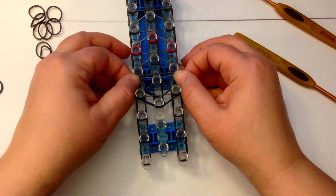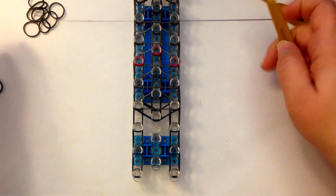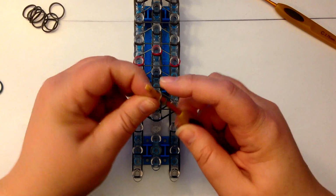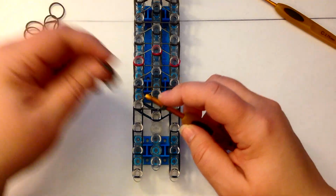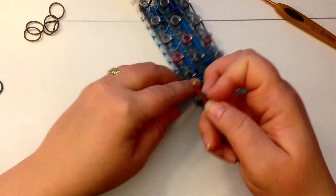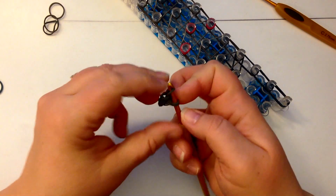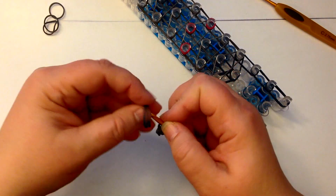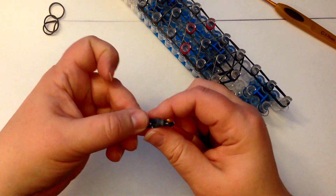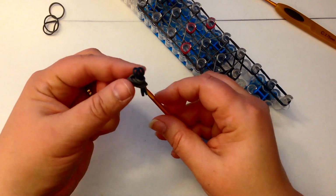Right, so I've got my crossover bands. Now we need to do his arms and his legs. So for his hands, he's wearing gloves. Take a single grey band, wrap it once and twice, and you're going to slide onto a pair. And we're going to slide onto another pair. Alright, and then we're going to slide onto midnight blue. Now because I've made his body longer, I'm going to make his arms longer too, because otherwise he's going to look a bit odd. So once I put my midnight blue on, I'm going to take that off my hook